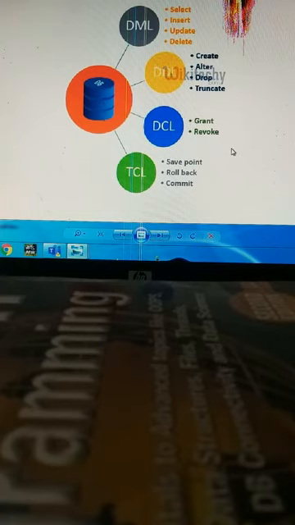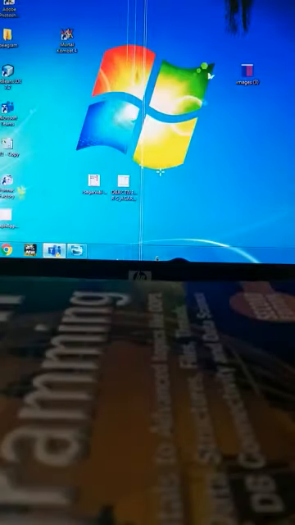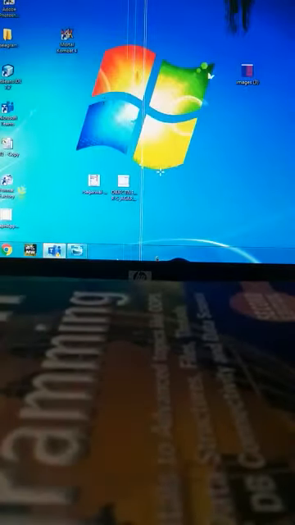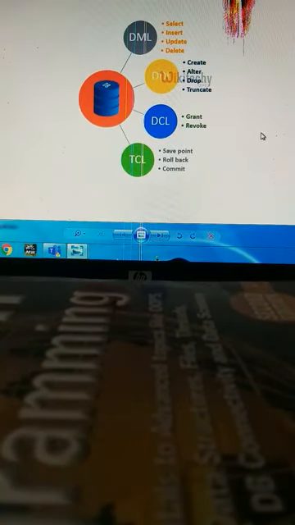Now the user will delete the data, the user will save the data, so all the access and all the controls are now with the user only, and it depends upon the user what they are going to do with that particular database or that particular table. Make it clear. So whenever we are using TCL, it means the control is with the user, meaning we are in the user view.